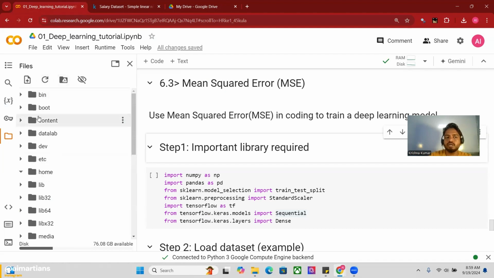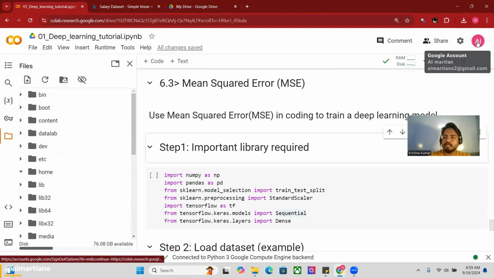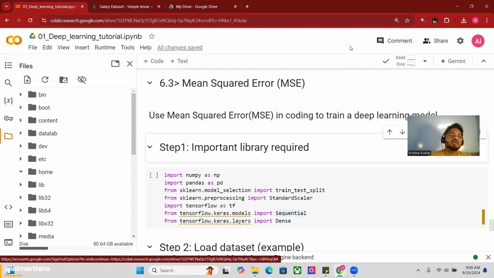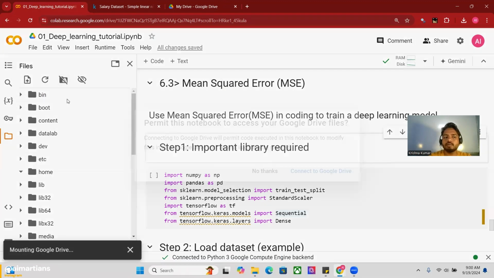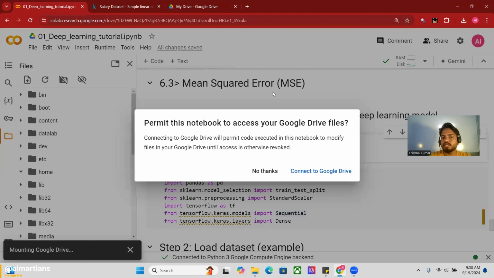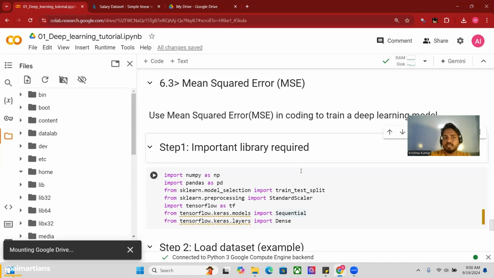Okay. No need to do anything here. You have to simply click on this. So you are connected with this email ID. For this email ID, Google also provides a drive. So you can simply click on this and the drive will get connected to this Google Colab sheet. It is asking me to permit this notebook to access your Google Drive files. Google is asking for permission whether you want to use your drive here or not. If you want to use Google Drive files, you can simply click on connect to Google Drive. So I am clicking on that, and once it